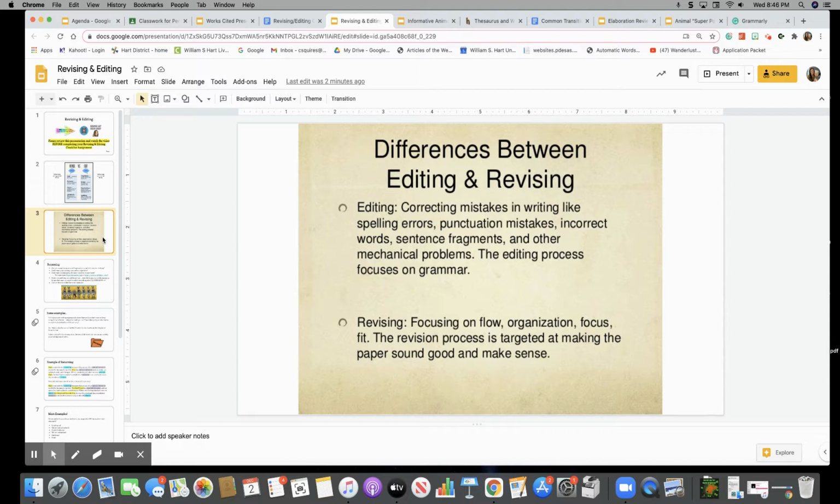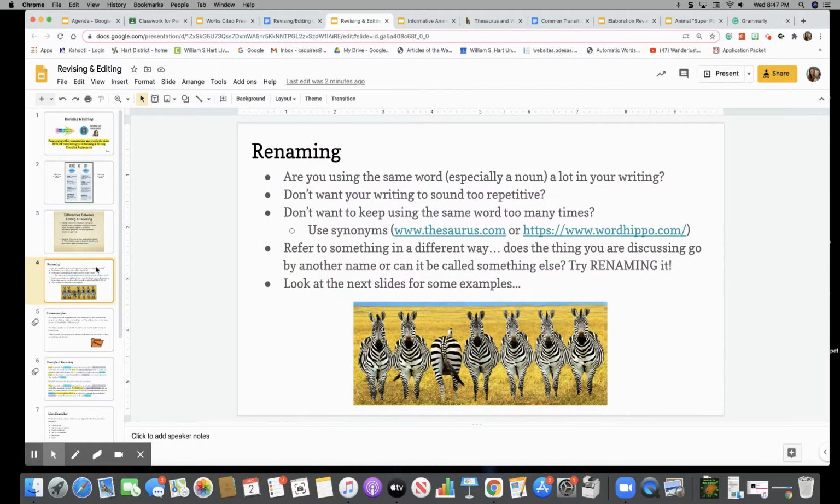Revising is going to be more about focusing on the flow and organization of your writing and making sure that it sounds good and makes sense. So one of the techniques that you can use is to rename something or substitute. And so it says here, are you using the same word, especially a noun, a lot in your writing? Sometimes it's going to be a noun that you're using a lot or an adjective that you feel like you're